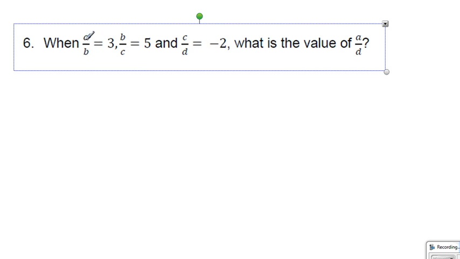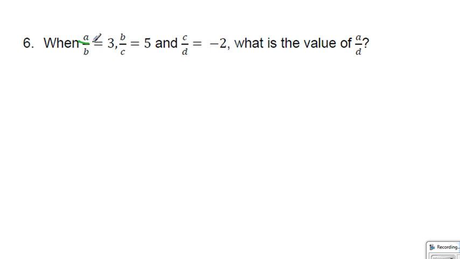Here we have A over B and then B over C. When you look at the location of B's, they're quite particular: B is in the denominator in one and in the numerator in the other. Once again, C does the same. What we're looking for is A over D, where A is right here and D was on the bottom. The question is: what can we do to these three equations so that we can get A over D?